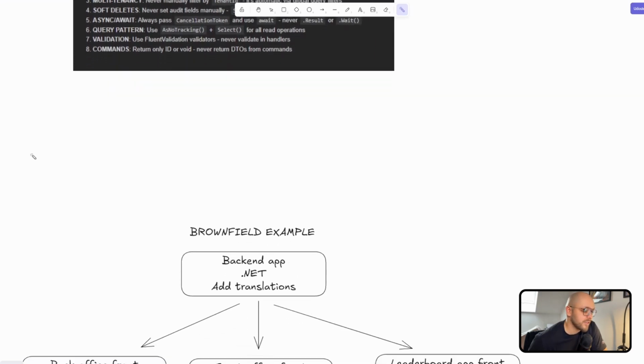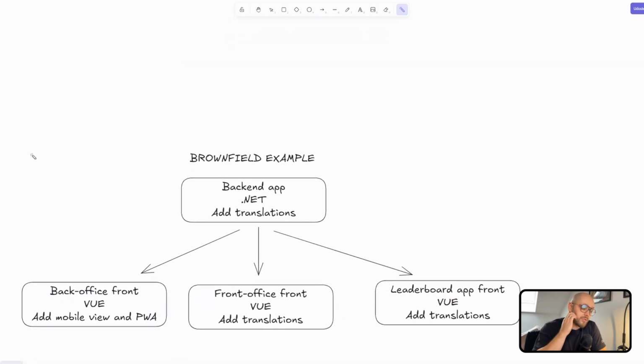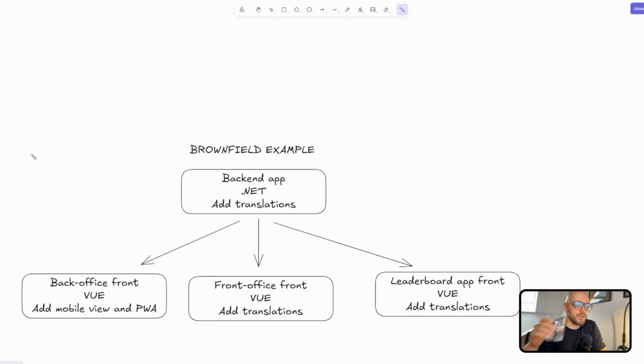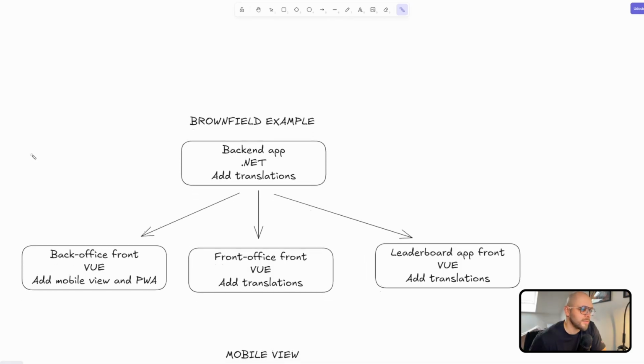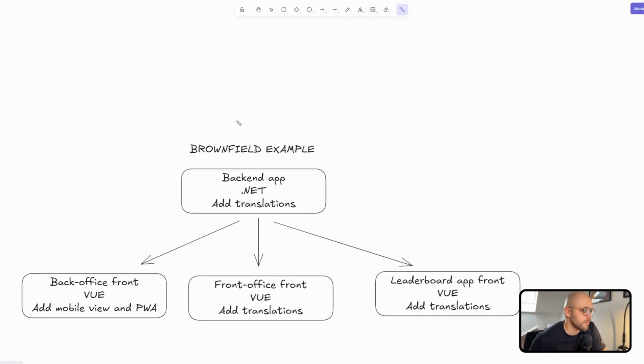So what example and where did I actually use Claude? Let me show you this. This sport event manager has 4 parts. Of course, from the app perspective, it has more stuff like databases, etc., but we focus on the apps themselves. So we have the main backend app, which is .NET, and we have 3 front apps. One is back office, for admins, front office for the clients, and leaderboards for everyone to see